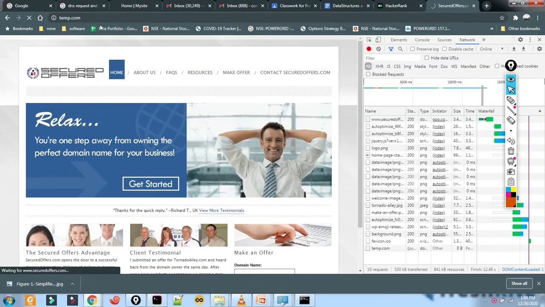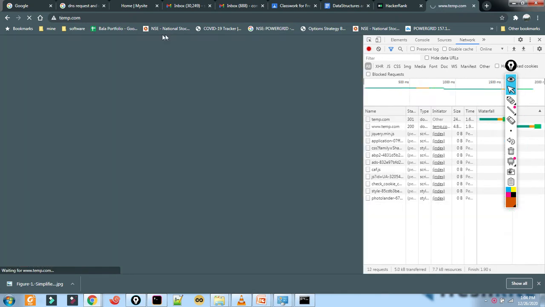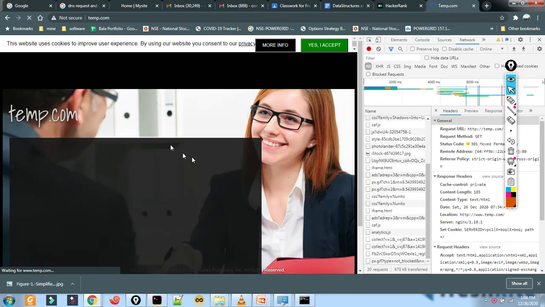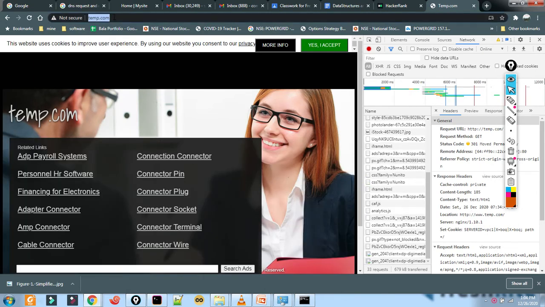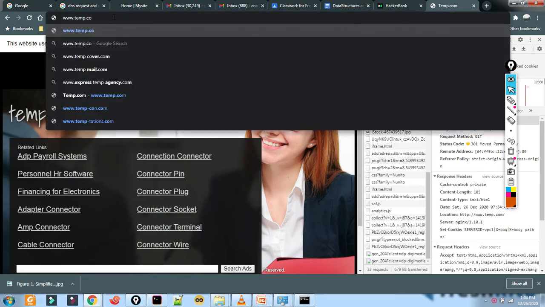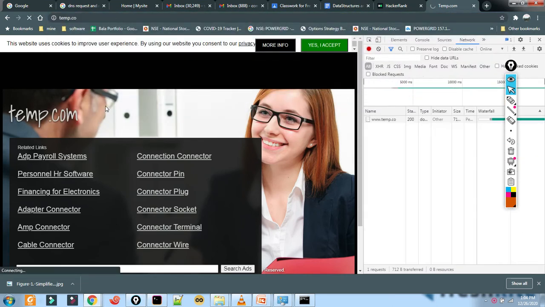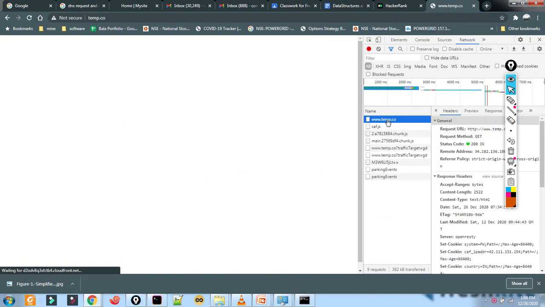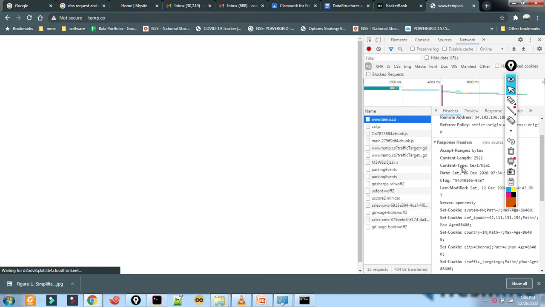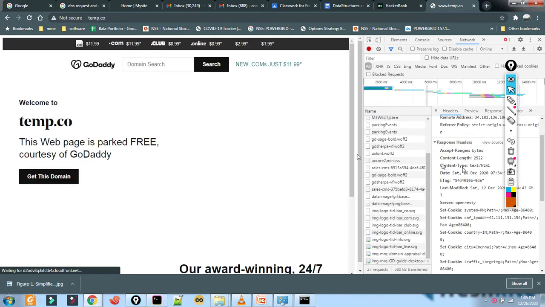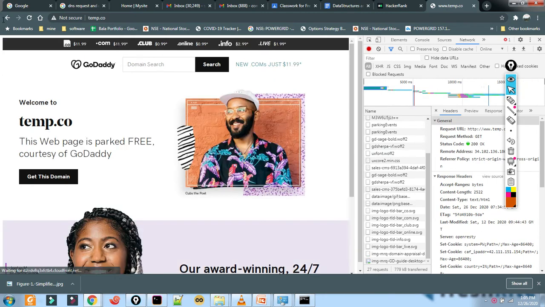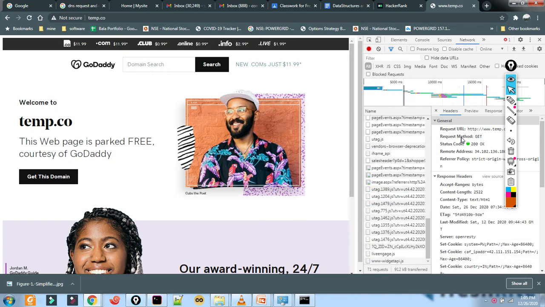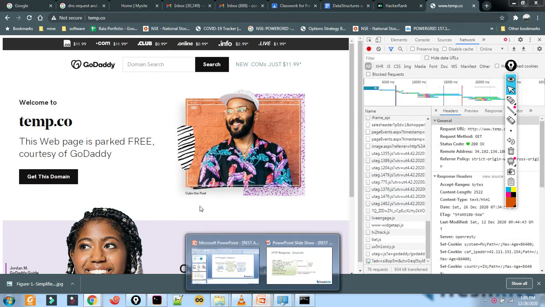Let's type temp.com, and there's something called temp.com. Let's type temp.co. So it's not coming. In the response headers, oh, temp.co is also there. Welcome to temp.co. So when there is any error, the response will display the error.